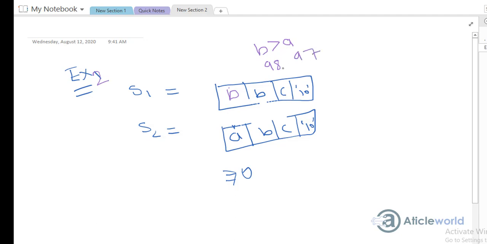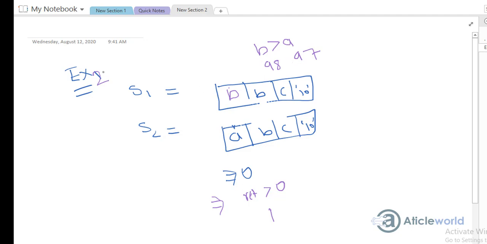So of course 98 is greater than 97. When it finds that the s1 value is greater than s2, the execution is terminated and the string compare function returns a value greater than 0. In my situation, my compiler returns 1. Some compilers return the difference between the two characters, like here the difference is 1, so it will return 1.